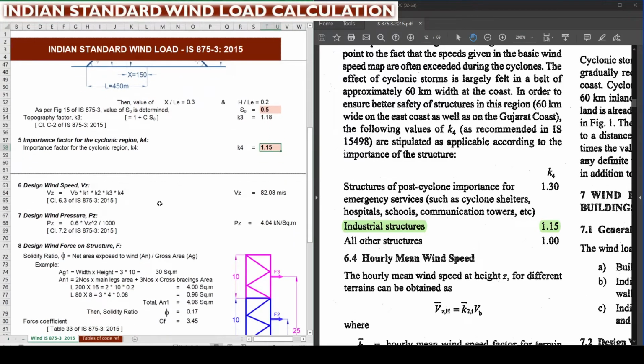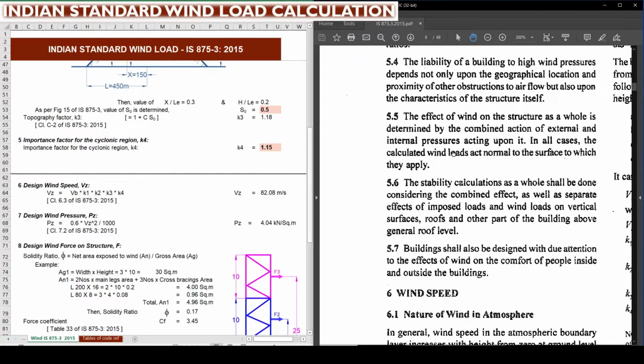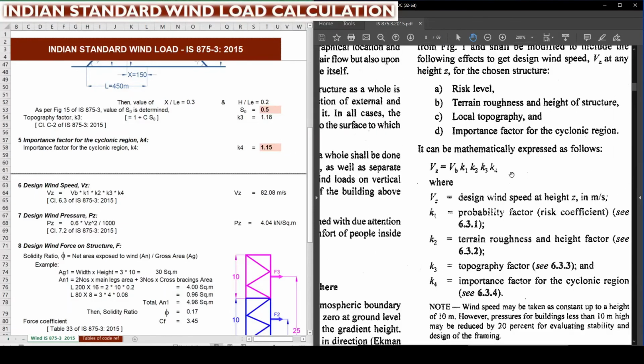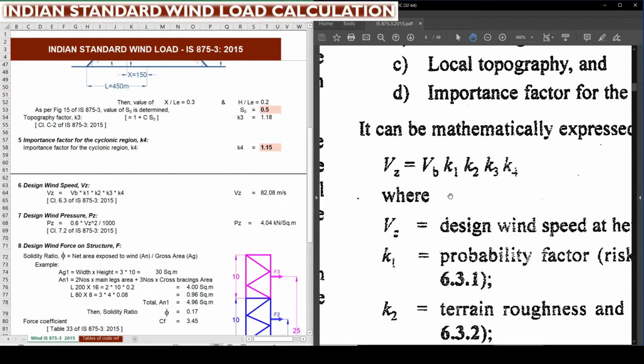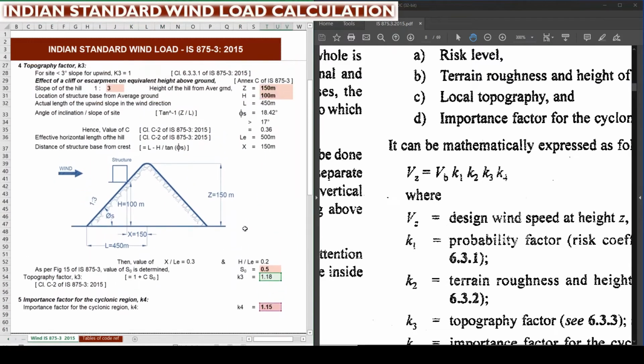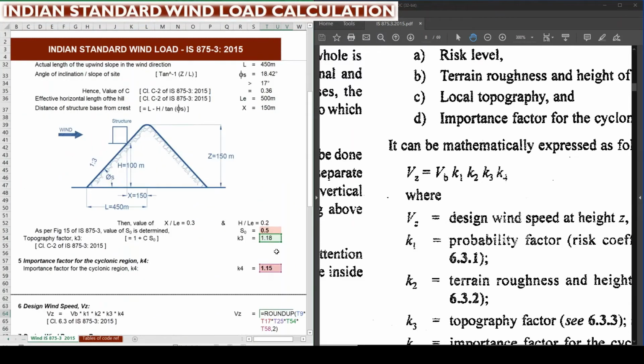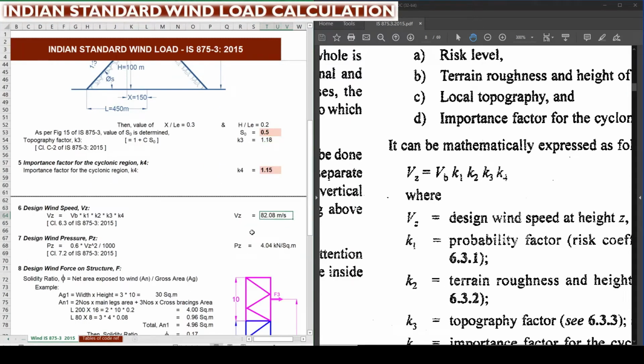So next we need to calculate the design wind speed Vz. This is as per class 6.3 of IS 875 part 3. For that page number 8 is to be referred. So here you can see the formula to find Vz, that is design wind speed, which is equal to Vb into K1 into K2 into K3 into K4. We already have these values Vb, K1, K2, K3, K4. So simply multiplying all the factors and values, that is Vb into K1 into K2 into K3 into K4, we are getting 82.08 meter per second as